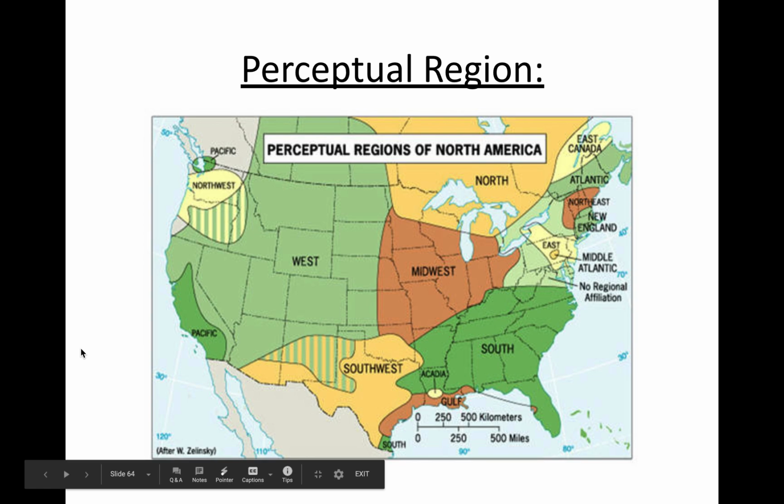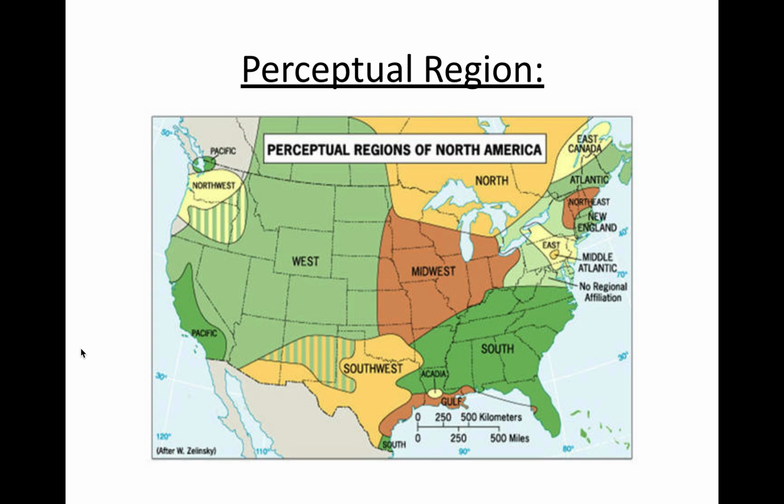Perceptual regions of the U.S. Often when we look at perceptual regions, again, there are cultural stereotypes in a lot of ways. Southerners, lower education, they talk slower, they're devoted to Baptist church, etc. Those are stereotypes. They believe in them, but they're not necessarily a proven fact. And then we see